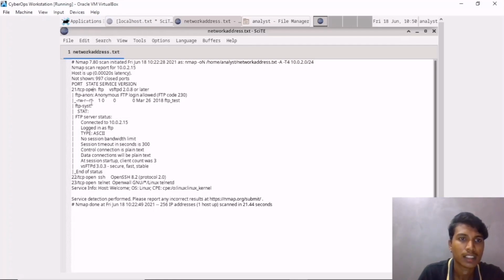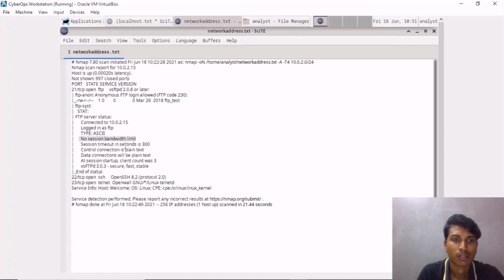You can see the file ownership or permission for the anonymous FTP login, which FTP server and which IP is connecting, what it is logged in as, and the type of the FTP.